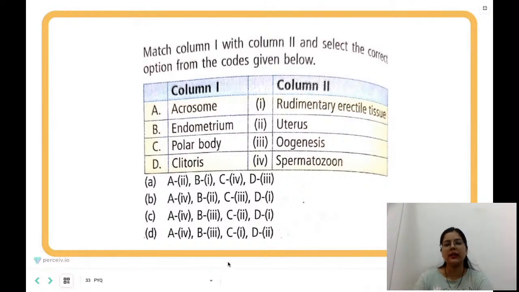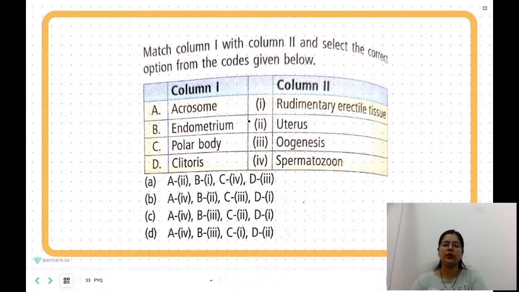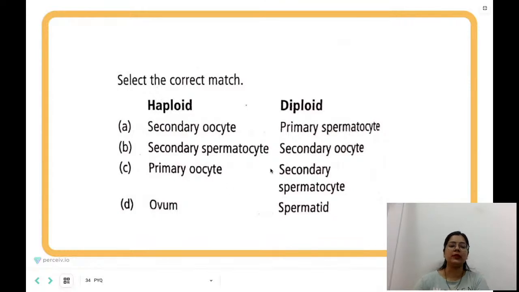If we're going to look into this part, like match the column हमें करना है, ठीक है। तो इसमें अगर आप देखेंगे कि 2 columns have been given, column 1 and column 2, ठीक है। तो एक्रोसोम की मैचिंग जो होगी वो डेफिनेटली हमारा स्पर्मेटोजोआ से हो जाएगा, ठीक है। एंडोमेट्रियम का कंपोनेंट जो होगा वो डेफिनेटली यूट्रस का कंपोनेंट है। पोलर बॉडी इज फाउंड इन oogenesis 1 and clitoris is the rudimentary erectile tissue। इसमें अगर हम देखेंगे तो A का 4 हो गया, देन B का आपका हो जाएगा 2, सो दिस इज द करेक्ट ऑप्शन। A का 4, B का 2, C का 3 आप देख लीजिए, पोलर बॉडी oogenesis, and D का 1। सो दिस इज द मैचिंग, मैच द कॉलम क्वेश्चन, ठीक है।